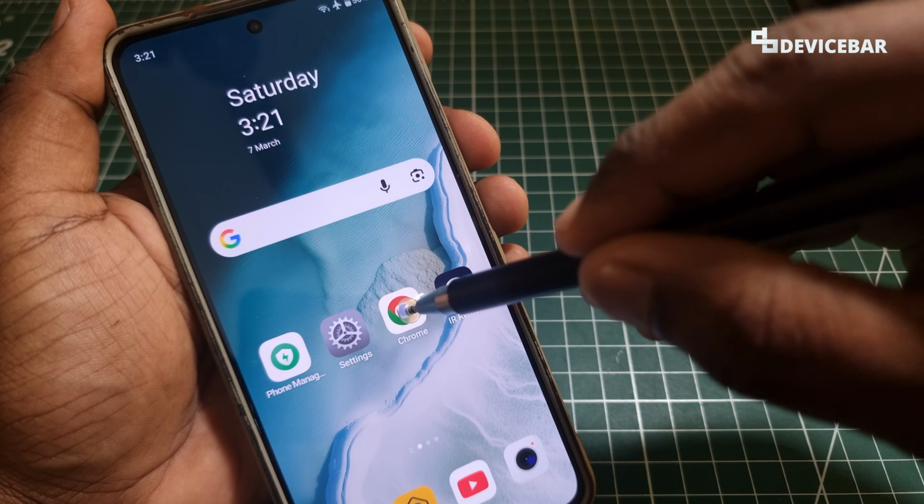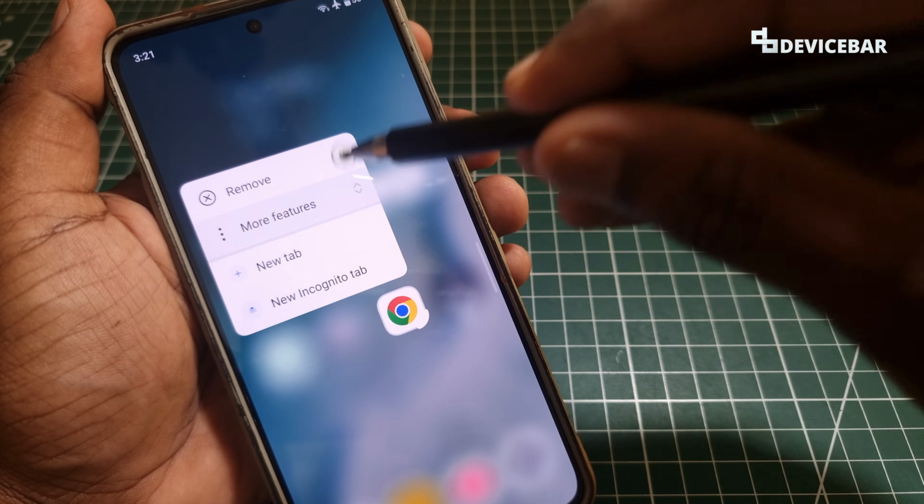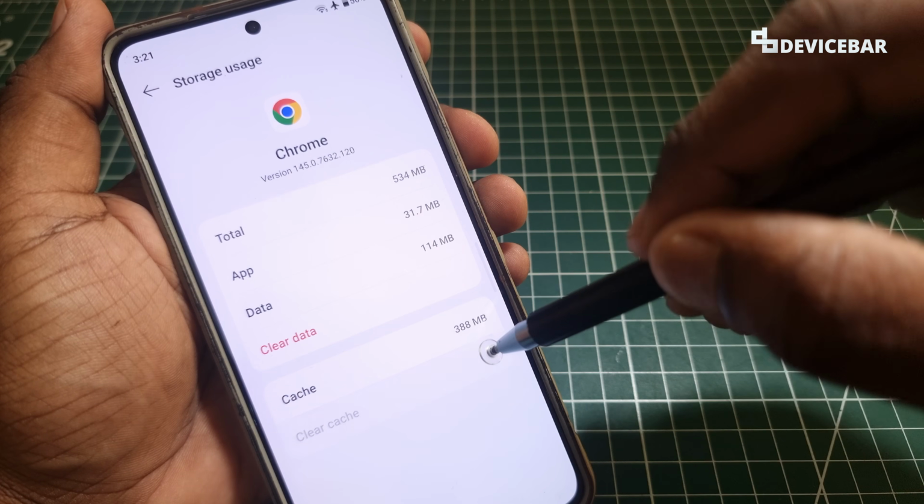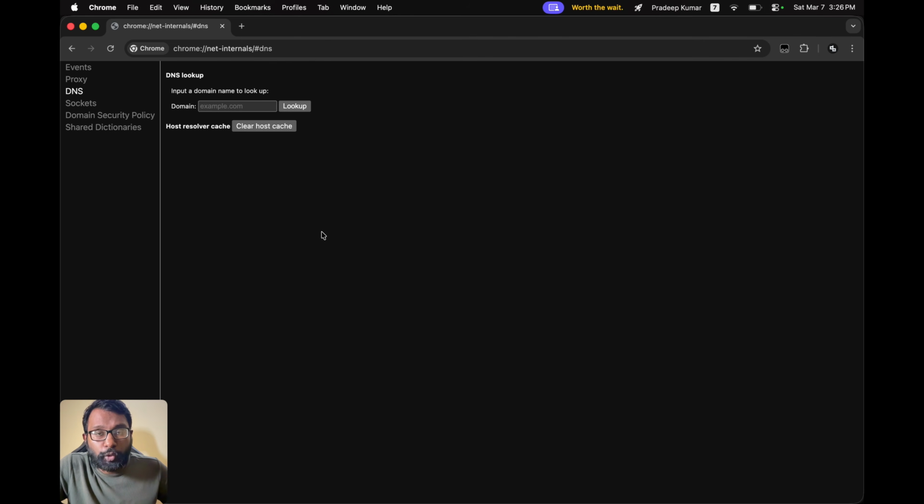For Android smartphones, we can also go to the app cache. We can go there and we can clear this as well. That's all. And to do this on desktop, we have to open the Google Chrome desktop app and we have